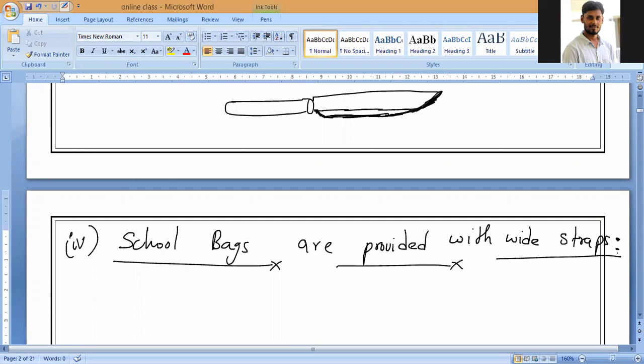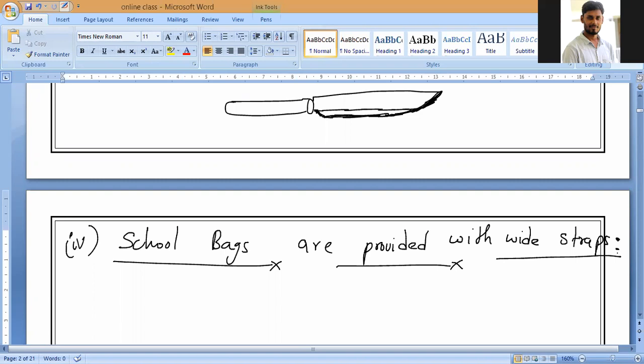So you can see, when you are boarding the school bus or reaching school, we know the bag is loaded with a heavy load. We have to carry a lot. It becomes very difficult to carry that bag because so many things are dumped inside. So these straps are very wide. Then what will happen? By broadening these straps, the load of the school bag is distributed over a large area.